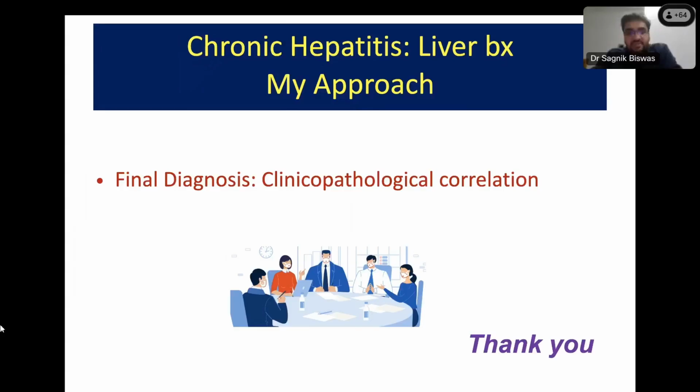We have made some headway in the serological diagnosis of viral hepatitis, so that part of the liver biopsy we can still avoid. But for things like autoimmune liver disease, even in MASLD nowadays, fibrosis staging has become very important, and we just cannot get away without a good pathological staging.